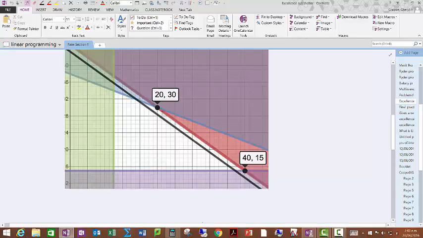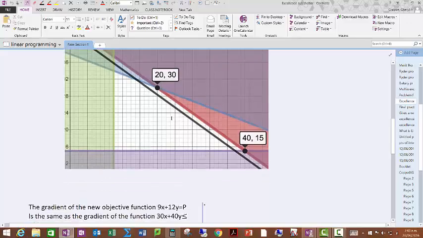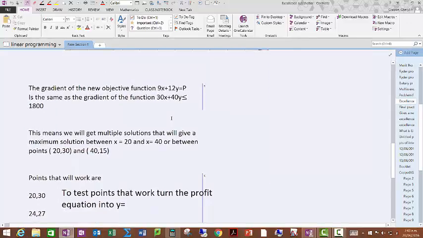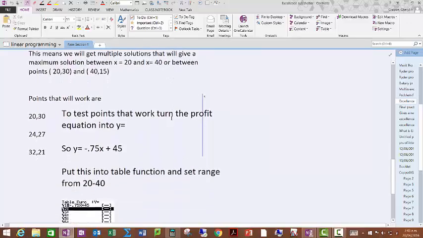But the thing is that we're dealing with whole numbers, because we're usually dealing with dolls or batches of things, so we have to have whole number combinations between 20 and 30 and 40 and 15. We need to find all the solutions for excellence between those 2 points. So we basically have to test the points and find all